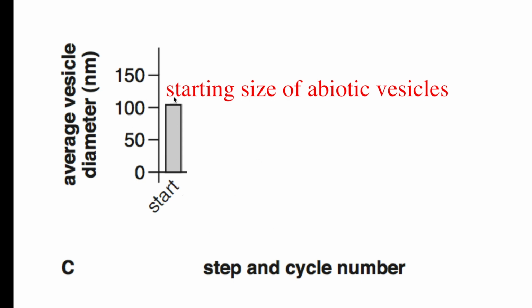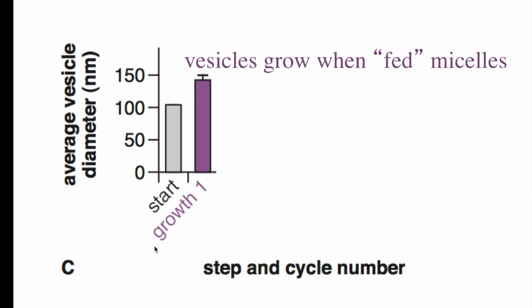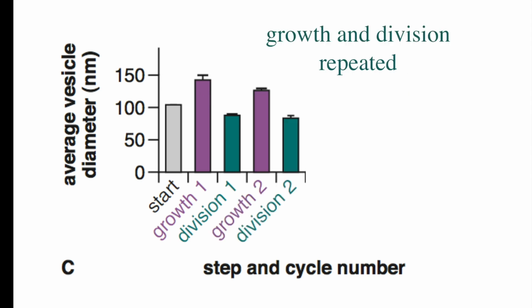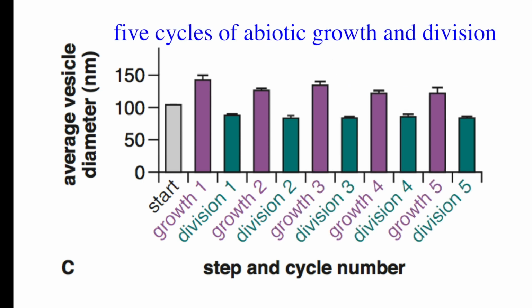So if we start with a bunch of vesicles and they're about this big when you start the experiment, then you give them more micelles, more phospholipids, and they get bigger. Then you force them through a filter, and they get smaller, and they divide when they get smaller. So this is one big one, and this would be two smaller ones as a result of that. It's not like this big one just got smaller. It actually divides in two. And then you can go through several cycles of this